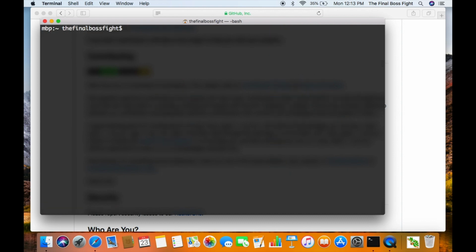I'm going to clear that. So firstly, let's try installing wget. So brew install wget. I don't know if I already have that installed and if it's going to give me an error, but